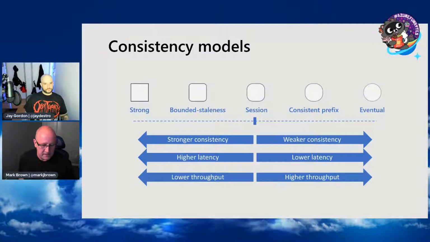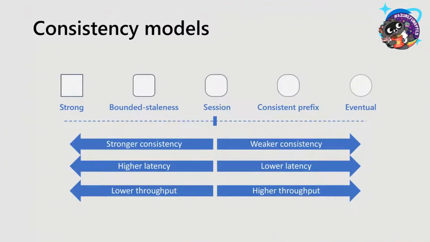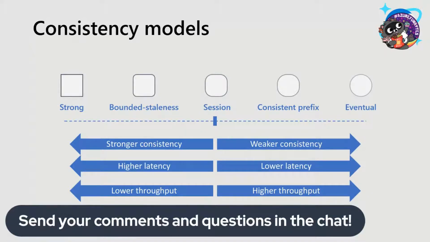We do that with the use of the session token that essentially provides an LSN or a high watermark for the data that you've written into Cosmos. You just pass that token back and forth, and that will always guarantee that you will get the data that you wrote. Bounded staleness, as the name implies, bounds the amount of staleness you see, either through an amount of time or a number of updates. So that's important for some people. Consistent prefix is a weaker level of consistency, so you get higher throughput, but the writes you see are always going to be in order, which is good.